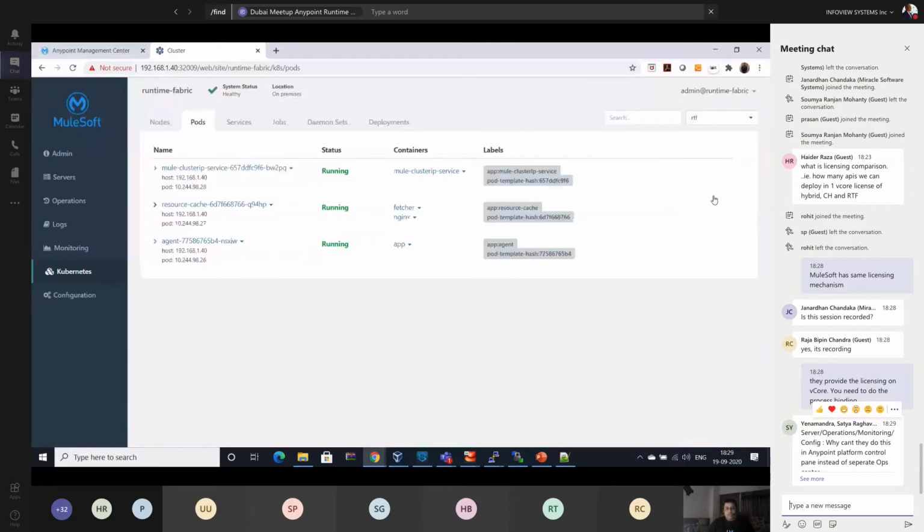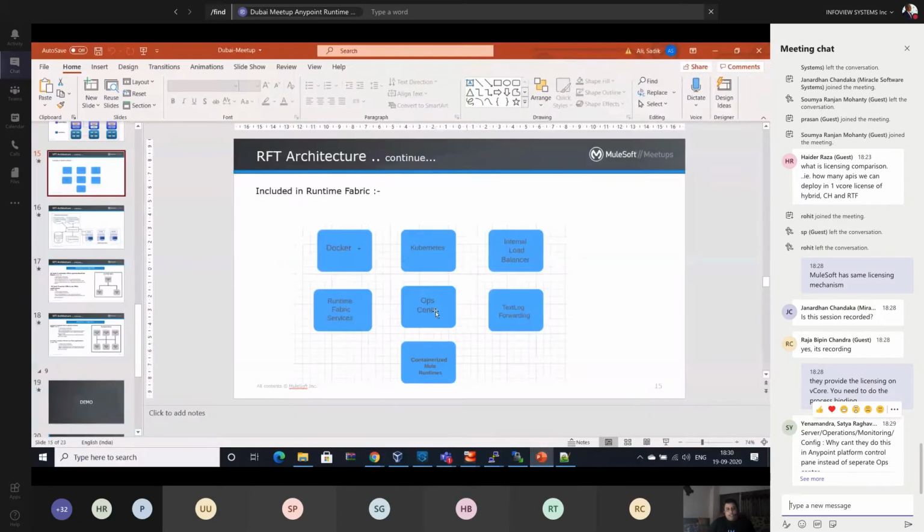but definitely you can find RTF, because RTF takes care of some properties like clustering services. I have explained that it validates the whole platform, checks all the health and configuration.